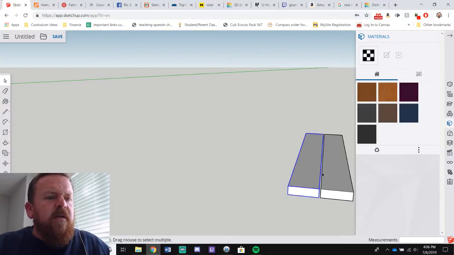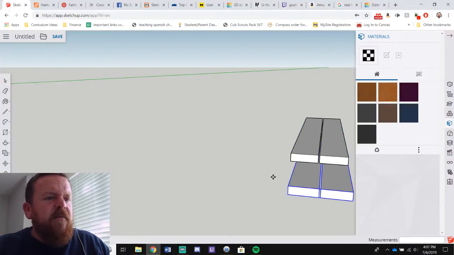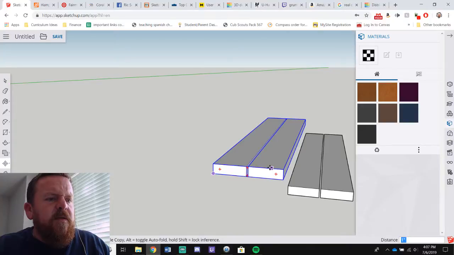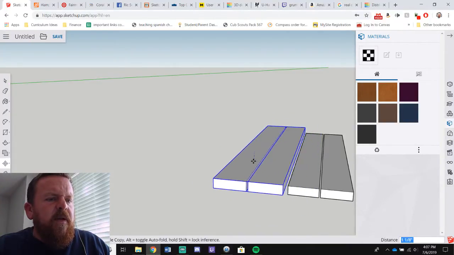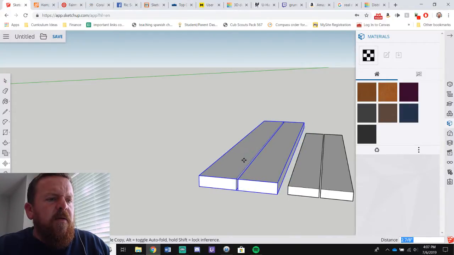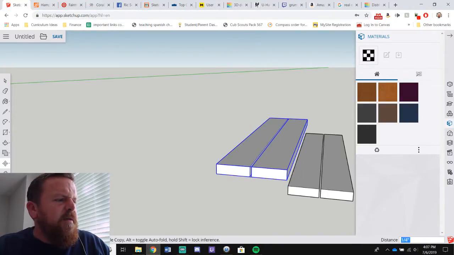Okay. So these two, I'm going to group these, make a group, I'm going to paste them, and then, oops, no. And then I'm going to, on blue axis, what in the world?